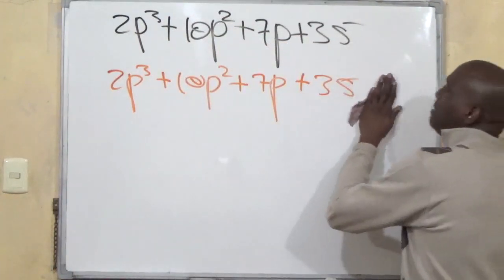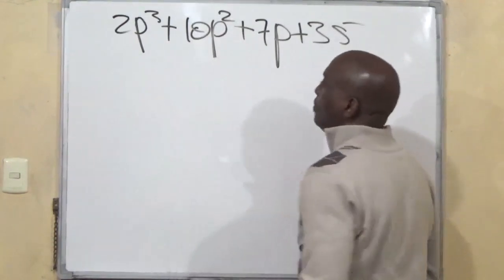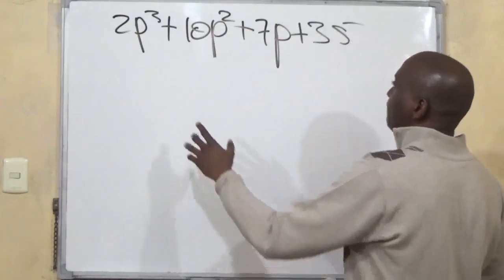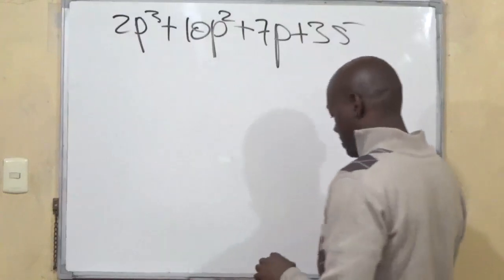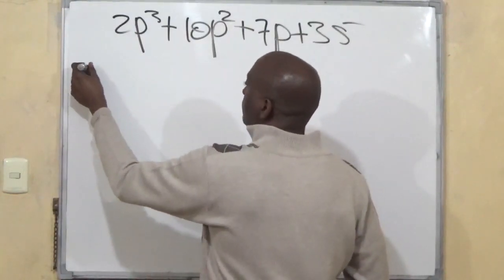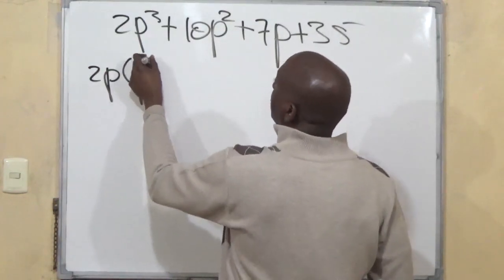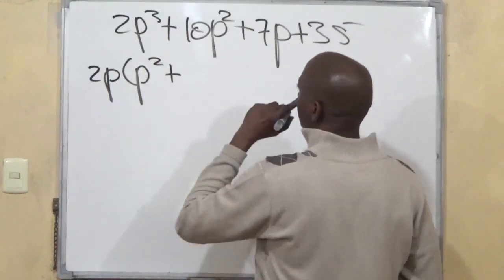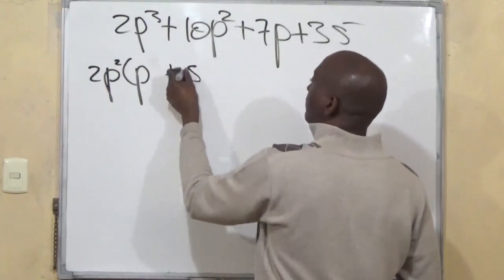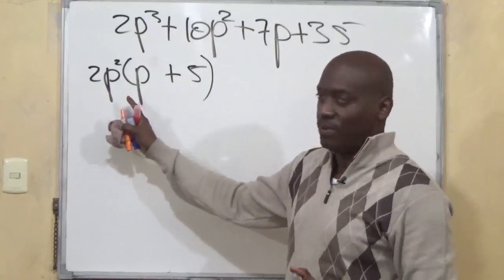So 2p cubed plus 10p squared plus 7p plus 35. Right. So you observe first, law of the jungle. You realize, well, this here, I'm refactorizing now. This is what? 2p squared, sorry, my mistake, into p plus 5. Now I hope that you could see that to do this in one line